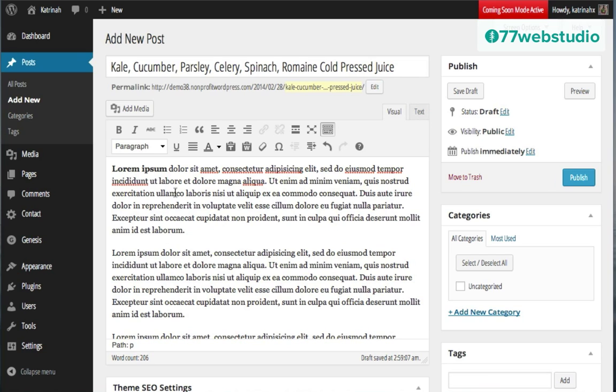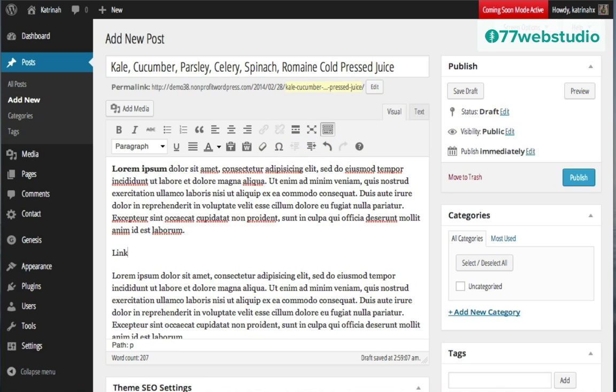The other good news with WordPress is that you don't need to memorize all these different formatting icons. If you hover over them one at a time, a little tooltip will pop up telling you exactly what each one of these different icons does. So if you want to insert a link, for example, we see that I'm on the insert link icon right here, and I could just create my link, highlight it, and then I can click on this button right here to edit or insert a new link.